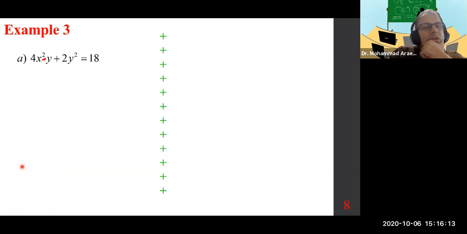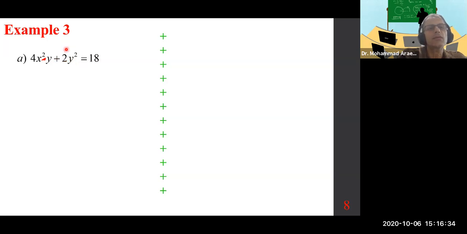Okay, so how do we do that? 4x squared gives us 8x times y. Y gives us y prime or dy dx times 4x squared plus